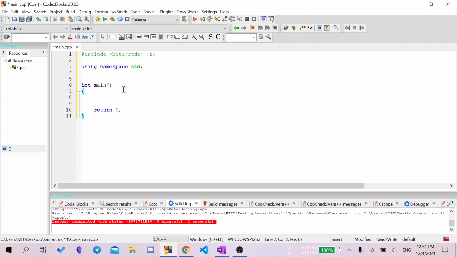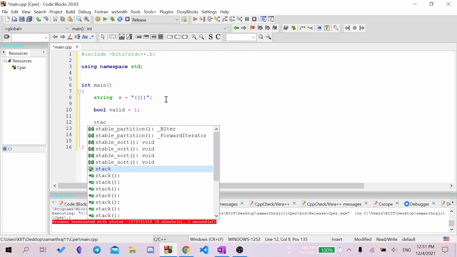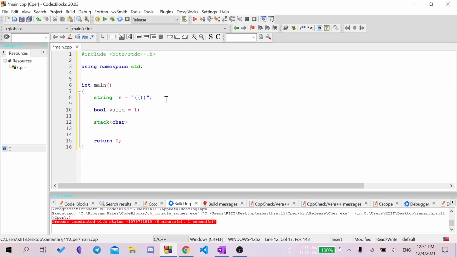तो अब एक स्ट्रिंग ले लेते हैं, एक स्ट्रिंग s है, और इसमें हम सिर्फ ओपनिंग और क्लोजिंग ब्रैकेट्स देते हैं, जैसे ये और फिर ये। तो ये एक वैलिड है, और हमें ये चेक करना है एक प्रोग्राम से। तो सबसे पहले मैं एक बूलियन डिक्लेयर करता हूँ, bool valid, और ऑप्टिमिज्म के कारण मैं इसको 1 से डिक्लेयर करता हूँ क्योंकि मैं चाहता हूँ कि वो पहले से वैलिड रहे। और अब हम चेक करेंगे, तो इसके लिए मुझे एक स्टैक क्रिएट करना पड़ेगा। तो स्टैक का सिंटेक्स बहुत ही सिंपल है, stack फिर डाटा टाइप और जो भी नाम आप देना चाहें, तो यहाँ मैं फिर से st दे रहा हूँ। अब हम उस स्ट्रिंग में इटरेट करेंगे,